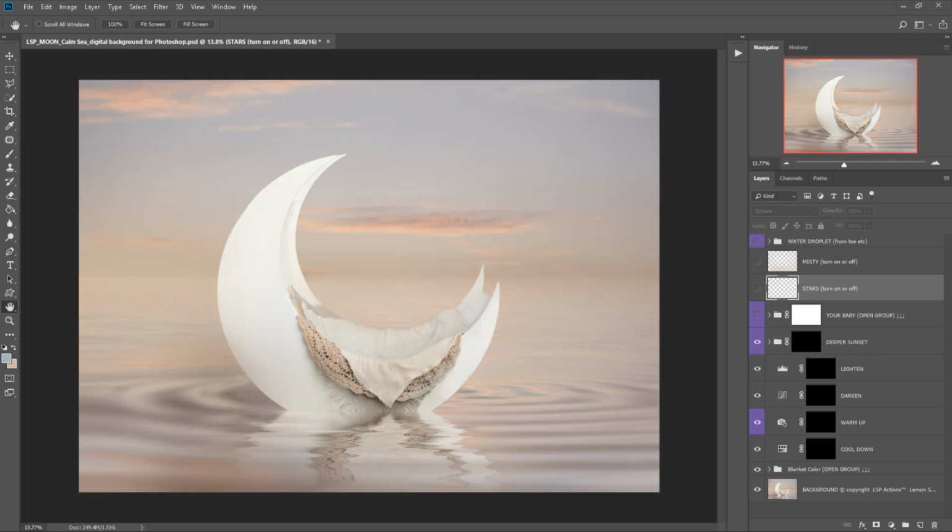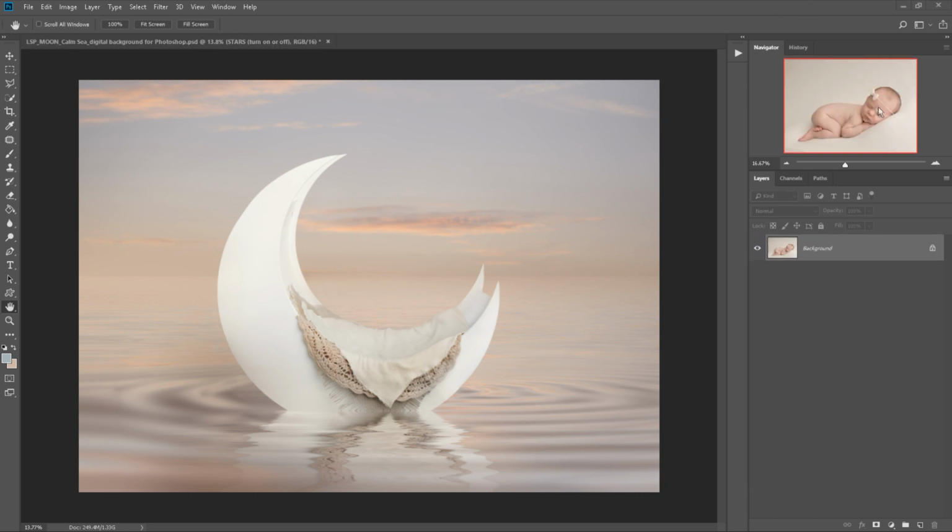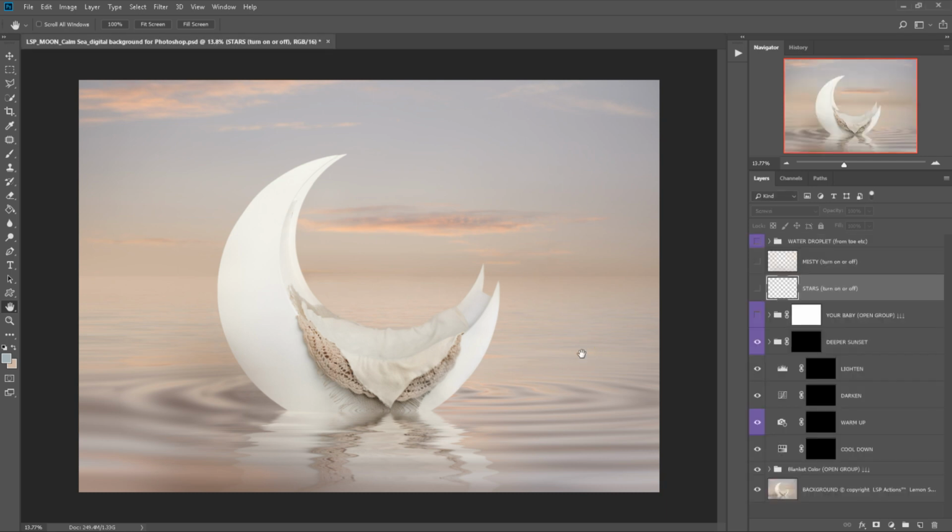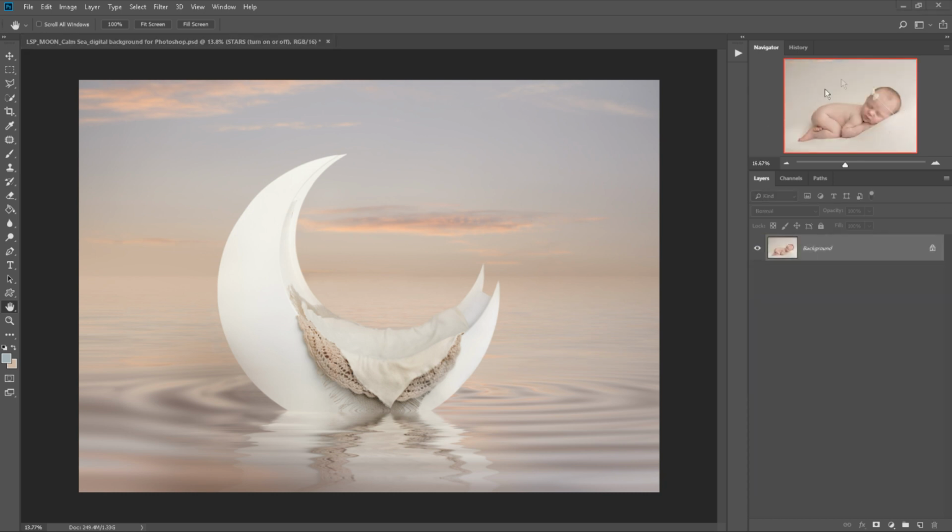So to add the baby in, I'm just going to select this image. It's on my other screen here. I would recommend shooting for the moon, not just going back through all your images and grabbing the first one you want to try. Of course you can do that, and I'm sure it's going to look great, but to shoot for the moon I'd recommend shooting on a creamy coloured backdrop for this one, and lighting from the right,